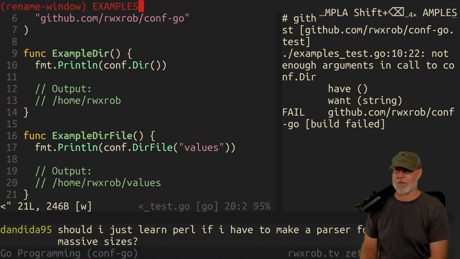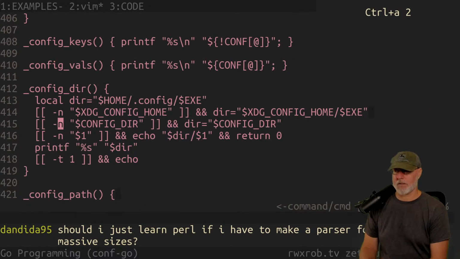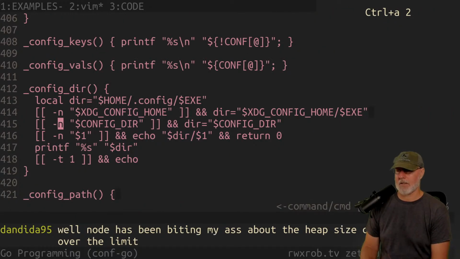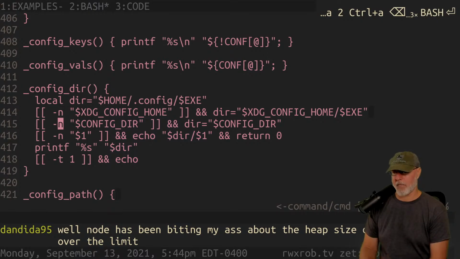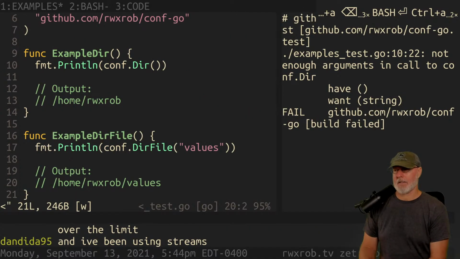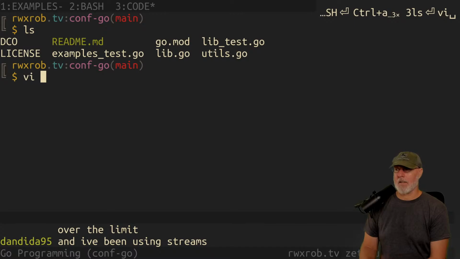So now I know what's up. And I don't know what 2 is. Oh, 2 is bash, and we'll say that's our bash template. And Vim. And so yeah, we're going to go back to 3 here, and this way I can just kind of work right on Go.